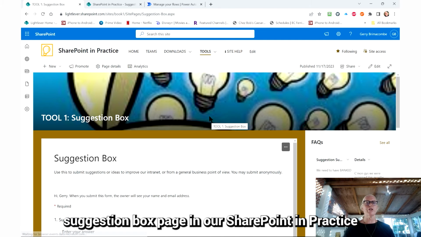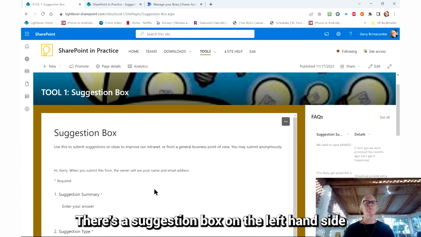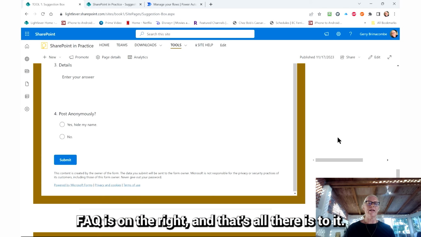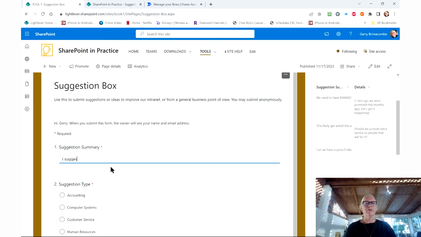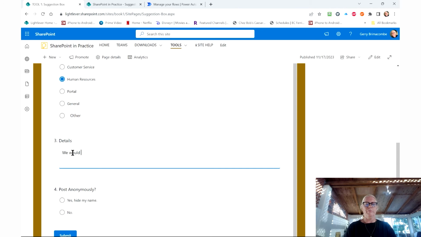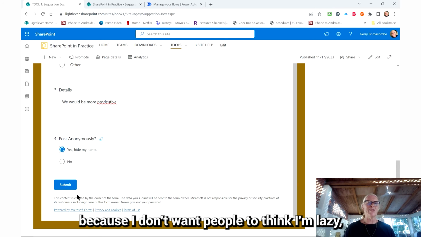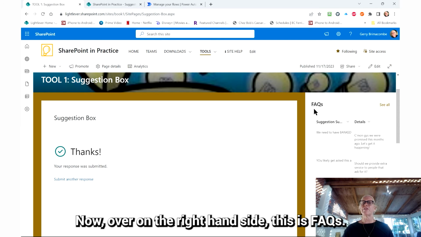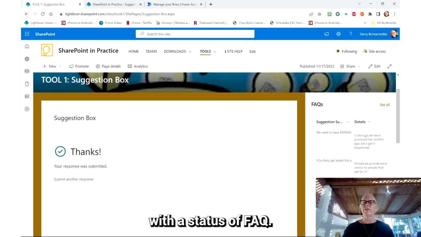So here's the suggestion box page in our SharePoint in Practice SharePoint site. You'll notice it's very simple. There's a suggestion box on the left-hand side, FAQs on the right, and that's all there is to it. So if I enter a new suggestion here, and that would be a human resources question, details. Now I'm going to suggest that I want to hide my name because I don't want people to think I'm lazy. So I'll submit that. Response is submitted. Now over on the right hand side, this is FAQs. So this is the suggestions that have been previously submitted with a status of